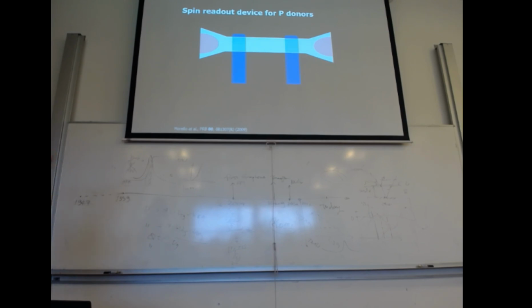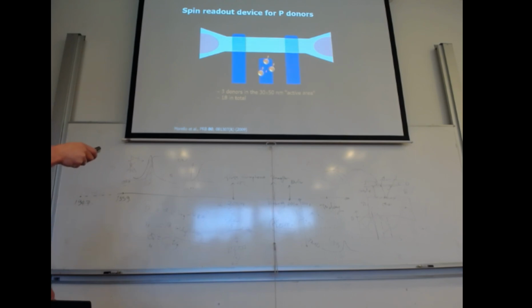Here we have a similar, very similar, the spirit is the same, but of course the details differ, so I want to talk you through that. So this is the device we use for the readout. We call it an SET, single electron transistor. In a sense, it is a large quantum dot. Okay, so nearby we have implanted a number of phosphorus donors. Statistically speaking, there should be about 15 to 20 of these donors in this region. And then